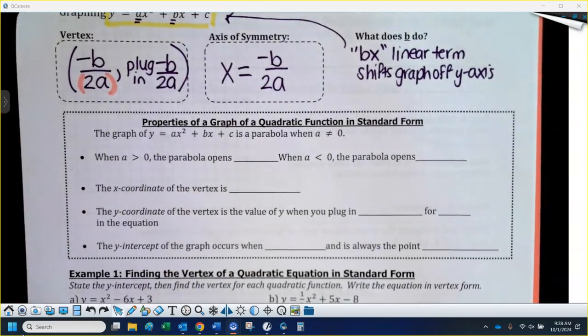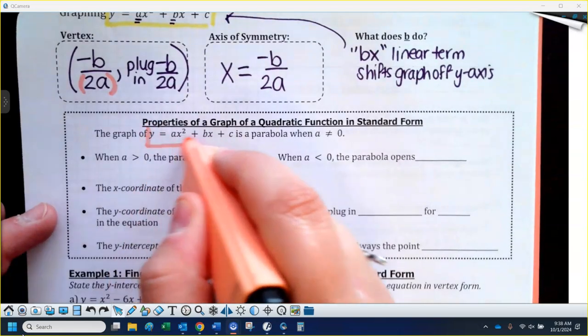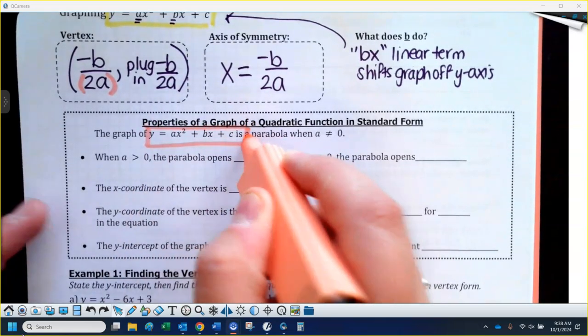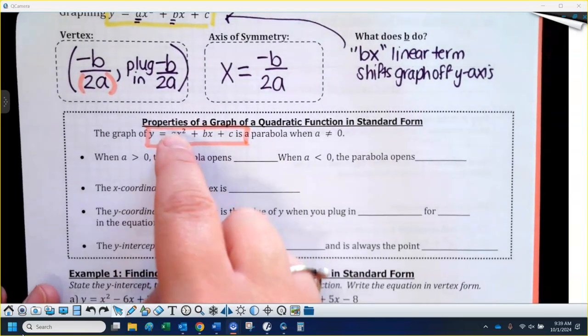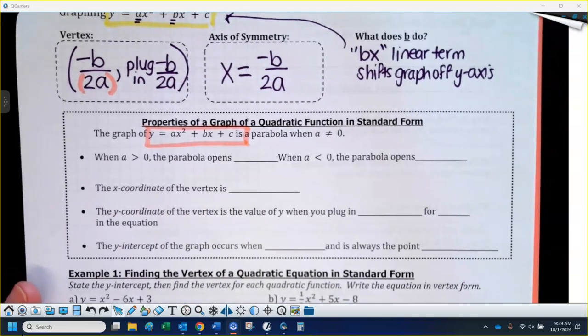All right, so I just wrote this again. Little summary here. Ax squared plus bx plus c. It's a parabola. The a value cannot be 0. If the a value is 0, that would wipe out the first term and you would not have an x squared, so then it would not be quadratic. So that's why it says a can't be 0. The b could be 0, the c could be 0. That would be fine, but the a value has to be some number